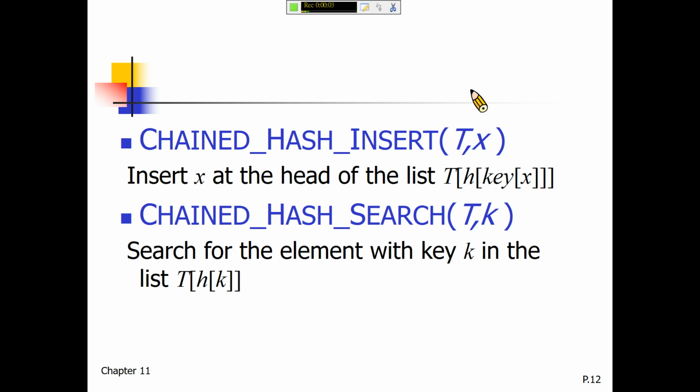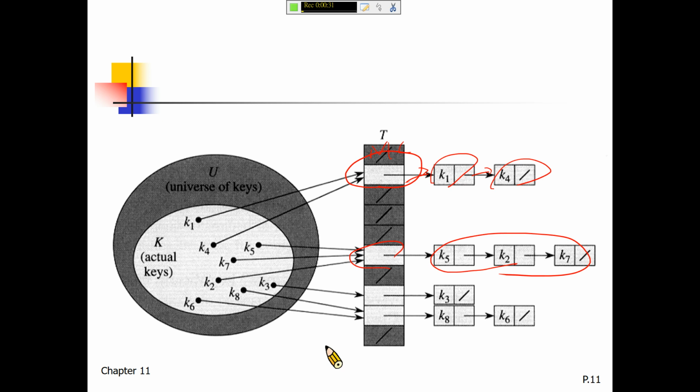And then the three dictionary operations of a hash table T are easy to implement when the collisions are resolved by using chaining. So the first one, chained hash insert T, x. Basically, you just insert x at the head of the list T[h(x.key)], just as you show here. So if